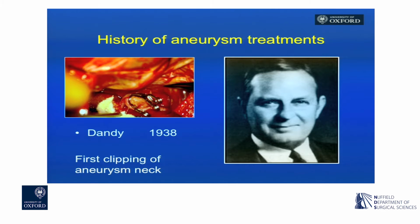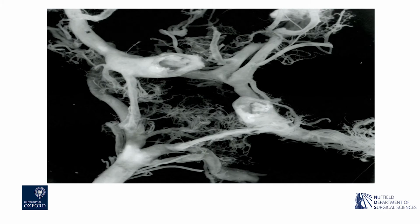Clipping became the frontline treatment for intracranial aneurysms, and it failed to address the problem this image demonstrates. And what this image is, it's a dissection of the circle of Willis, or the vessels of the circle of Willis, which has been very painstakingly made to preserve the perforating arteries that arise from the vessels that form the circle of Willis. And then it's been photographed with the specimen immersed in fluid, so that you can see all these small vessels. I wonder if I point it up. For instance, we can see Heubner here,